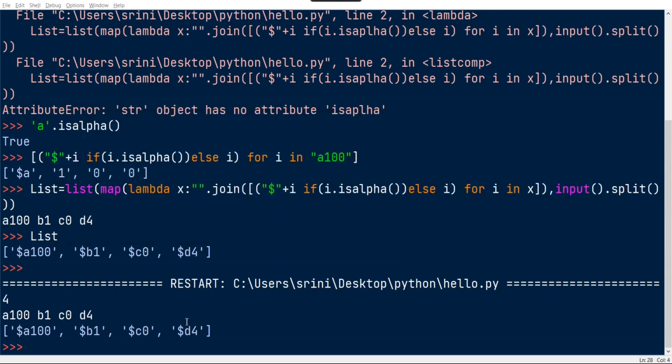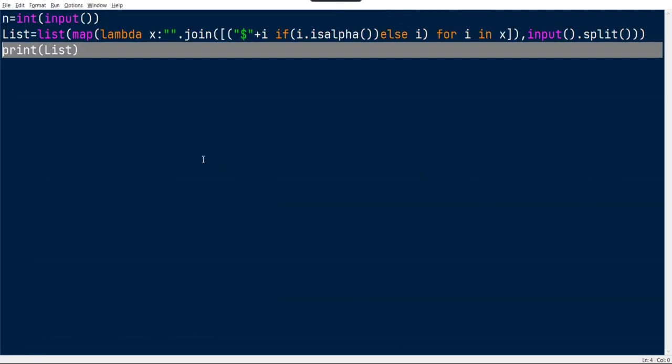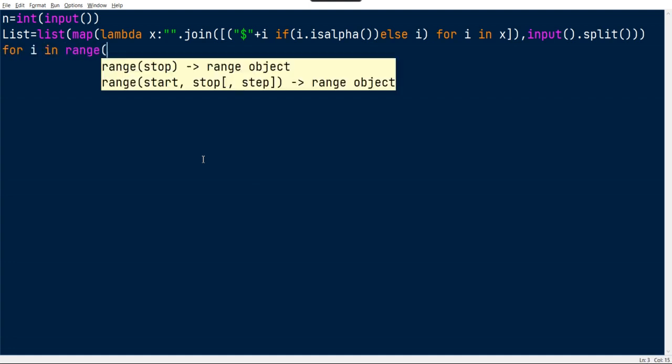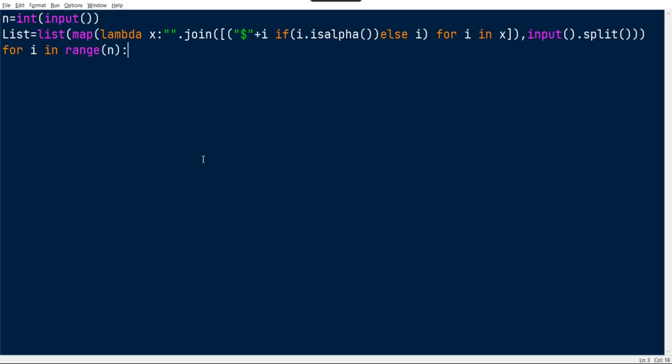So we can easily get the character just by using the index function. For I in range of n, just to use the value of n here. That's why I'm putting n. Instead, you can use something like len of list also.